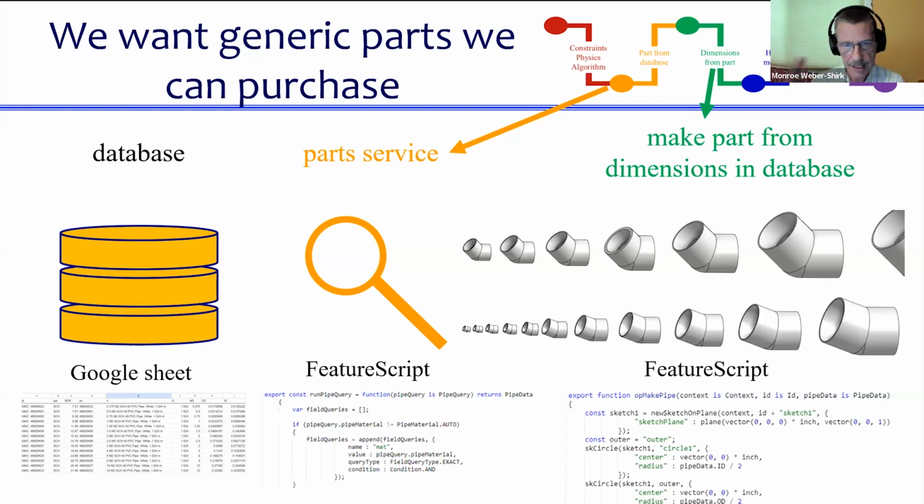As a next step, we need to be able to draw these parts. The way we do that is we have part services that have this make geometry feature that, given the information that's in the database, draws the part. You can see here an example of a whole family of 22.5-degree elbows. These are PVC components that are made using our big component from the database. Those are all of the 22.5-degree elbows that are in our database, and they are created using this make pipe algorithm.